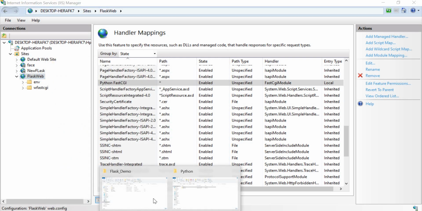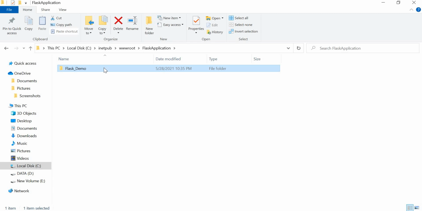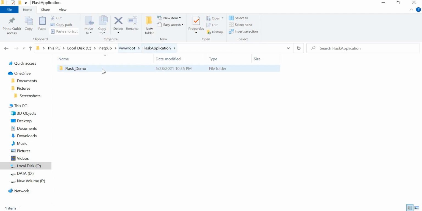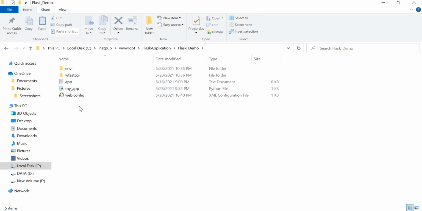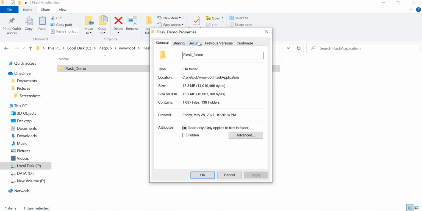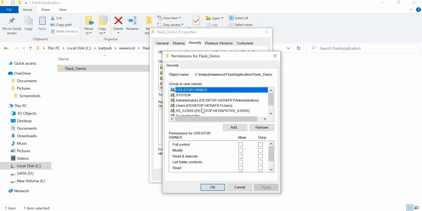Now the last step is go to your application. Right click on Flask demo. Flask demo is your whole application, means the whole Python script and environment are present here, right? So go to this folder, right click over here, Properties, Security, Edit, then here IIS users will be there.